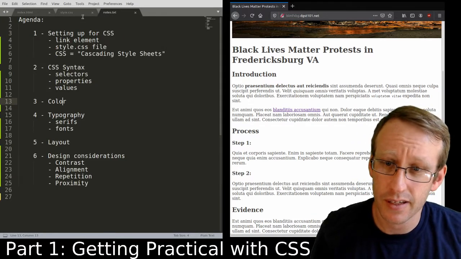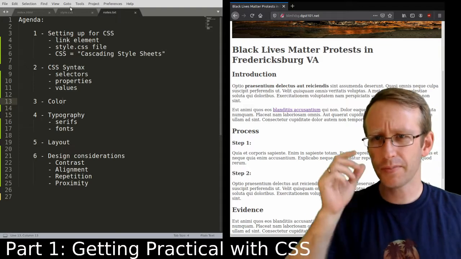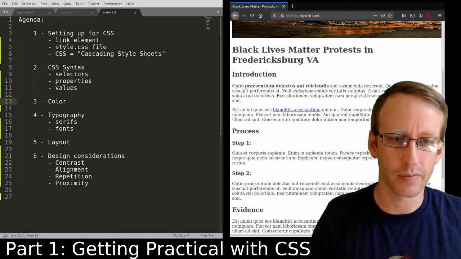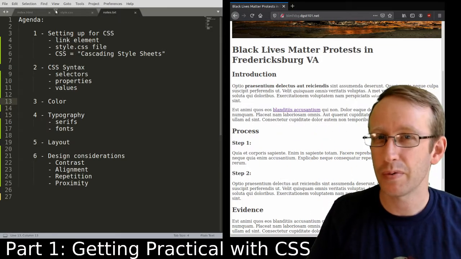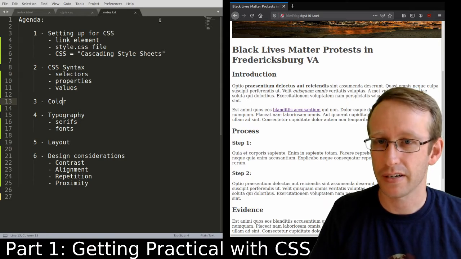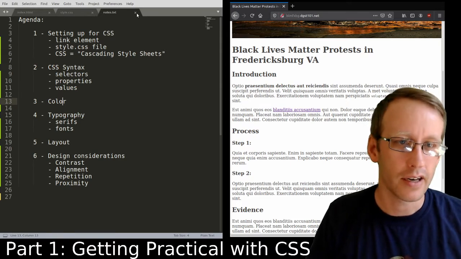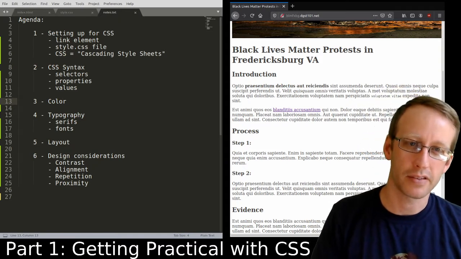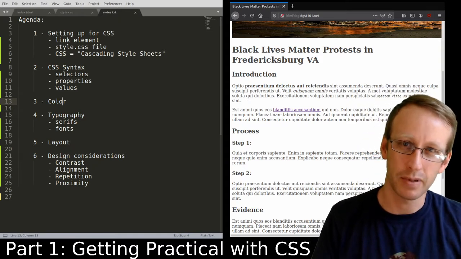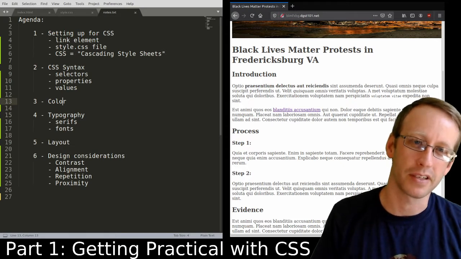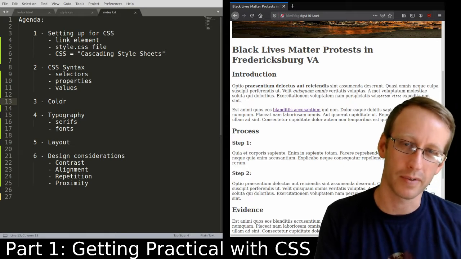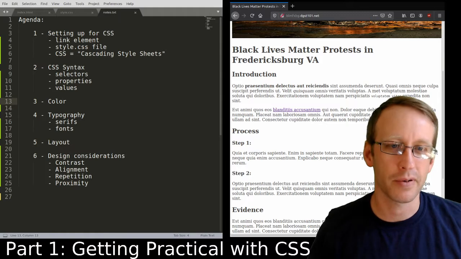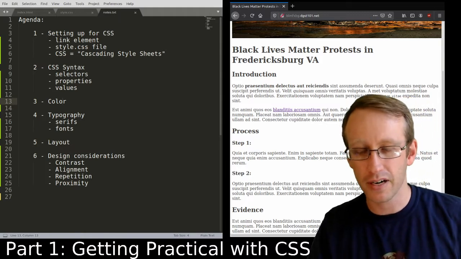Let's talk about typography. So typography is the way the letters and numbers look. And the main thing that you want to think about with typography is the font that you're using, or the typeface. To be really pedantic about it, a font is software that renders a typeface. So sometimes when people talk about a font, they actually mean typeface. Like Comic Sans is a typeface, but Comic Sans MS is a font that renders the typeface Comic Sans. Anyway, the point is, the two very broad categories for fonts,